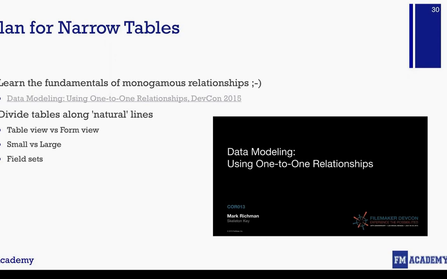And then the last would be field sets. You might have an order of some kind, or maybe a product description of some kind, and there are some natural groupings to fields. These are the fields about pricing. These are the fields around product description. These are the fields about product branding, or positioning, or customer information that might be facing them versus supplier information. These kinds of natural groups of fields might also be good candidates for putting into separate